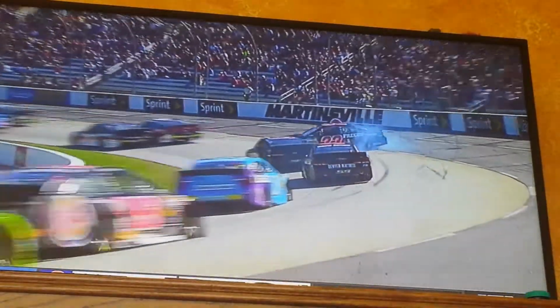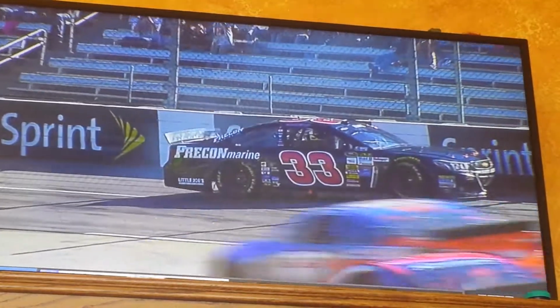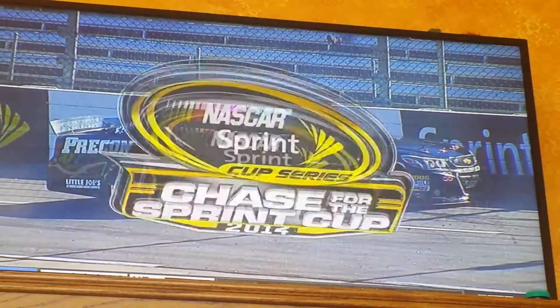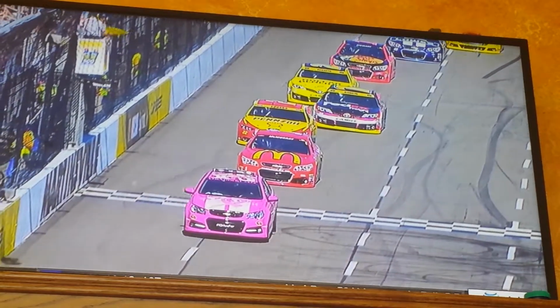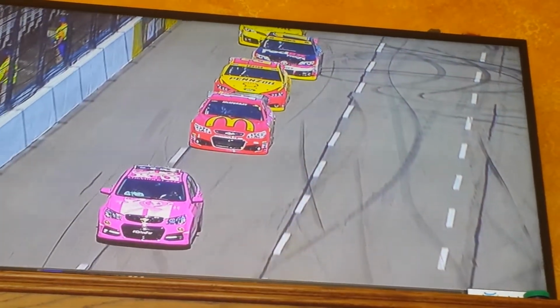Yeah, 98 car, Josh Wise, looks like he got inside there. So second caution out, both of them in turn 1 for a contact from the inside, sending a car spinning to the outside. Now, Andy, the tire that Goodyear's brought